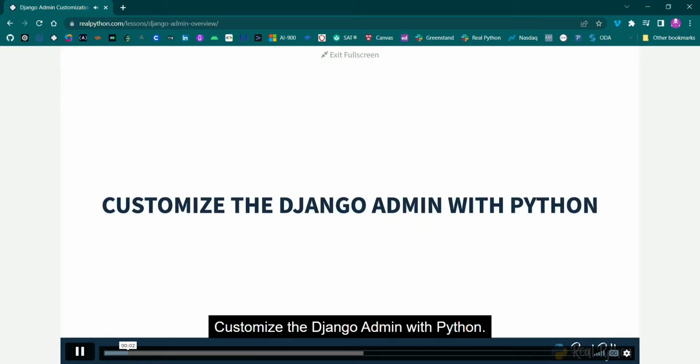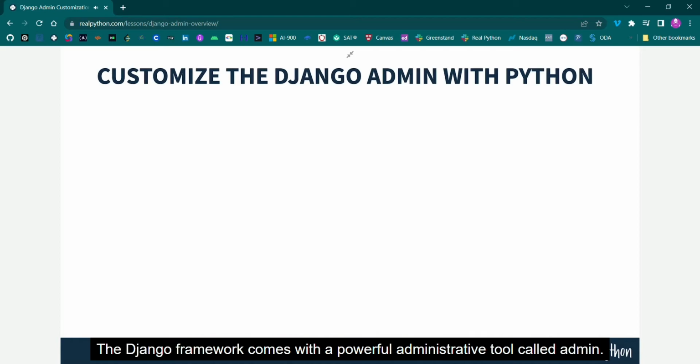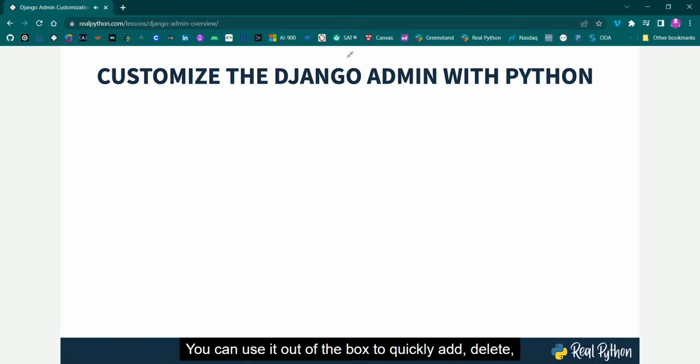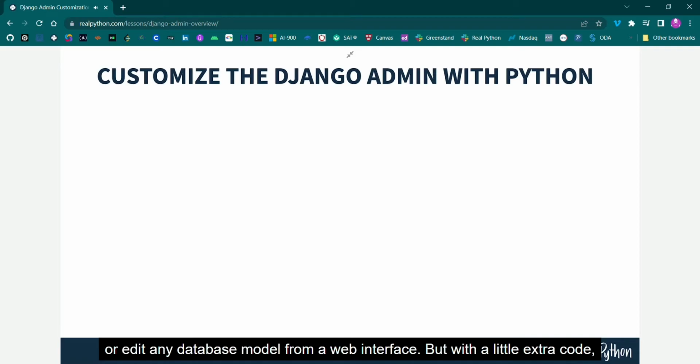Customize the Django admin with Python. The Django framework comes with a powerful administrative tool called admin. You can use it out of the box to quickly add, delete, or edit any database model from a web interface. But with a little extra code, you can customize the Django admin to take your admin capabilities to the